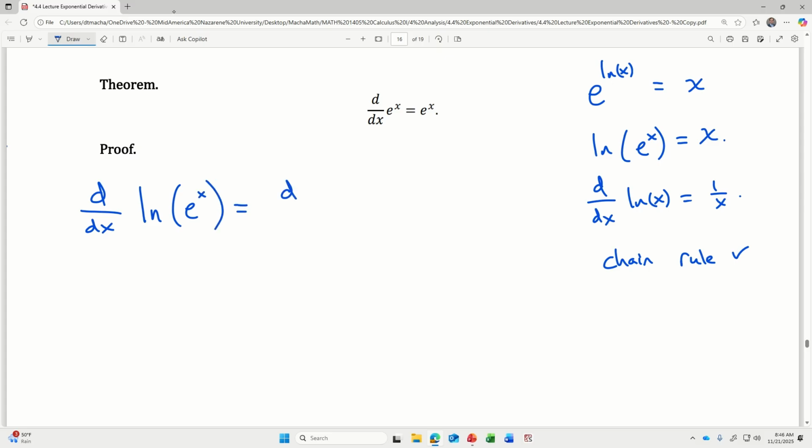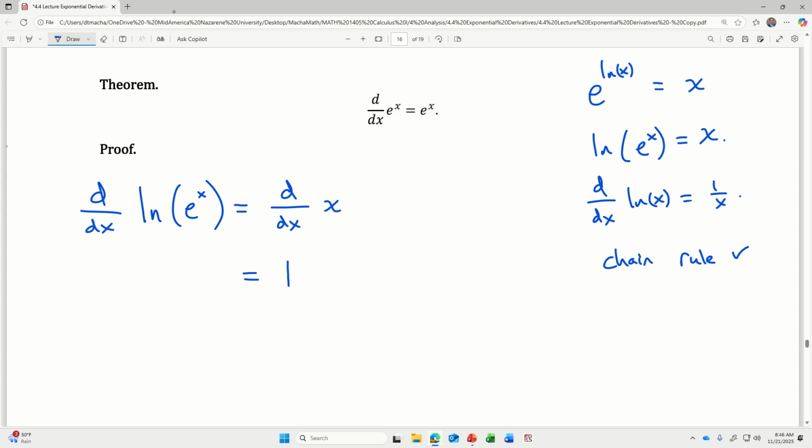But of course, natural log of e to the x is x. We already said that. So on the right side, the derivative of x with respect to x is 1. And on the left side, the derivative with respect to x of natural log of e to the x